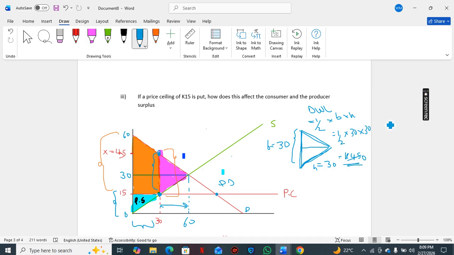The question never asks what's the effect of the price ceiling, but remember, the effect of a price ceiling is that we're going to have a shortage. Right here we're just calculating the new consumer surplus, the new producer surplus, and